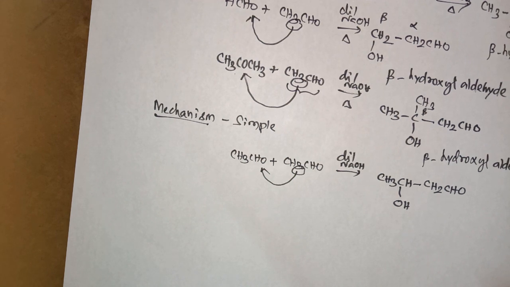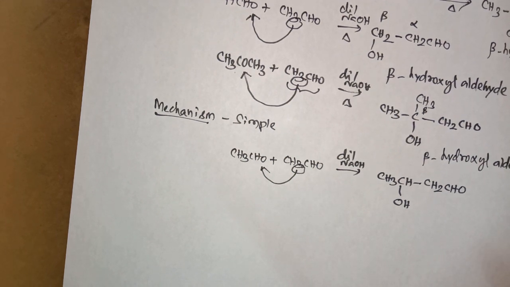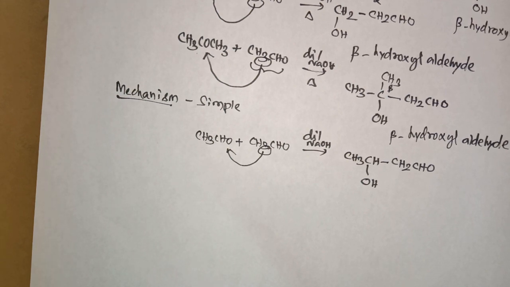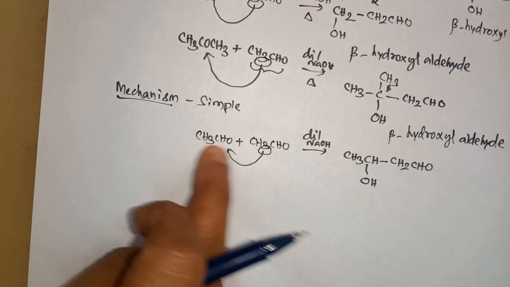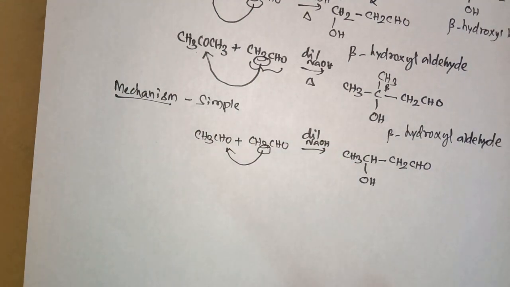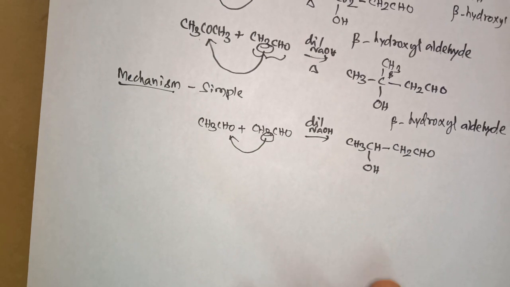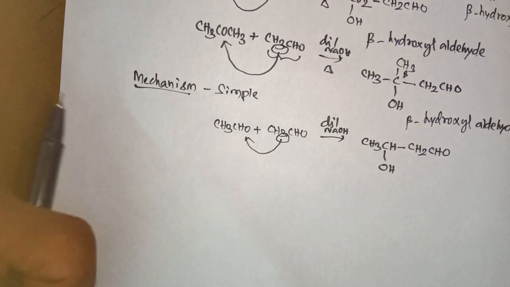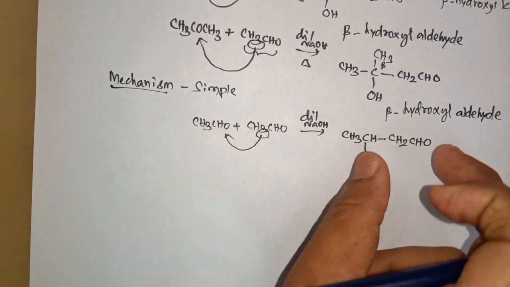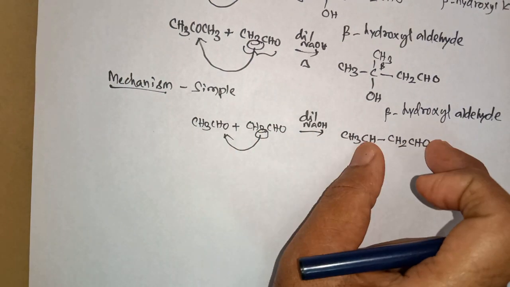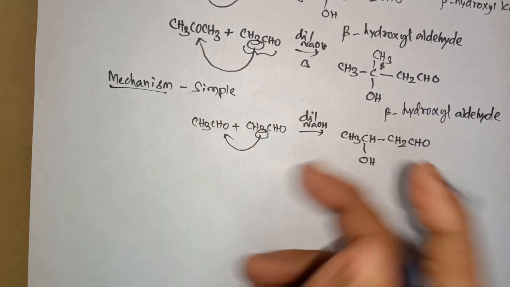What is called a condensation reaction? You know that it is a reaction in which lengthening of the carbon chain takes place. What is called lengthening of the carbon chain? Here we have two carbons in each molecule, present separately, but here all 4 carbon atoms are attached with each other. That is called lengthening of the carbon chain. I write this mechanism. What is called mechanism? Mechanism means how the reactants are converted to product, that is, in how many steps the reactants become product.